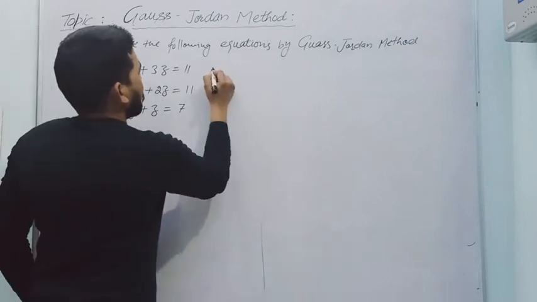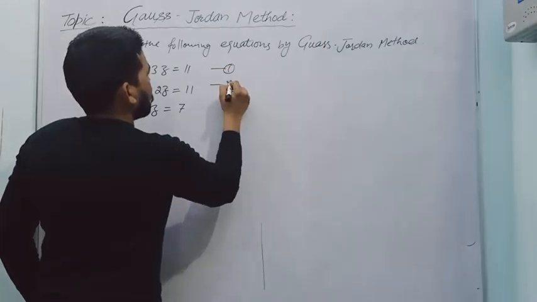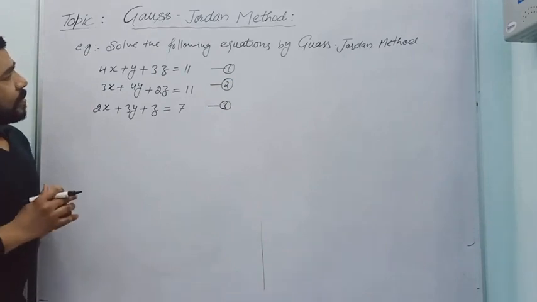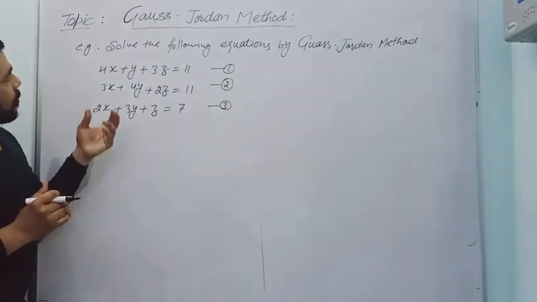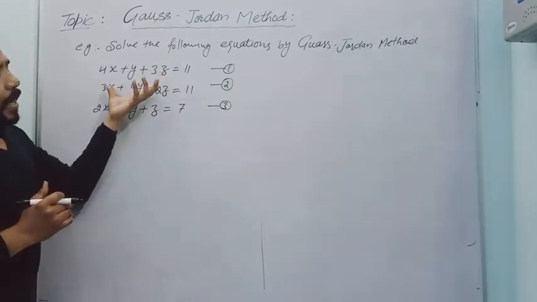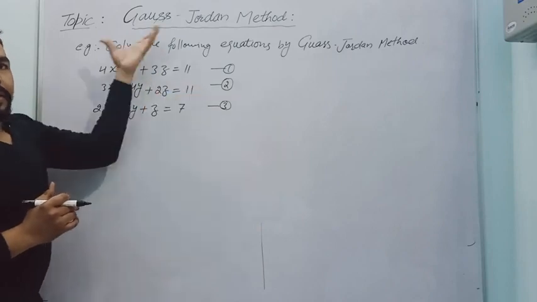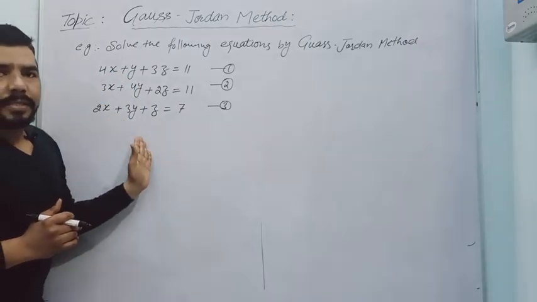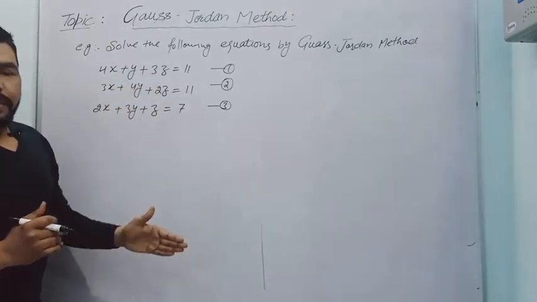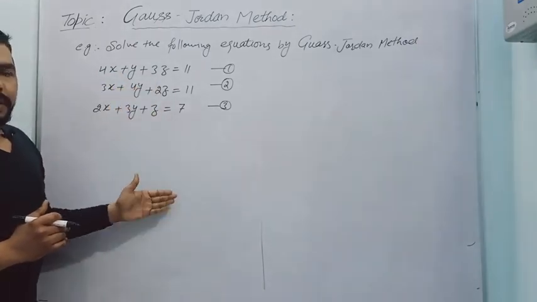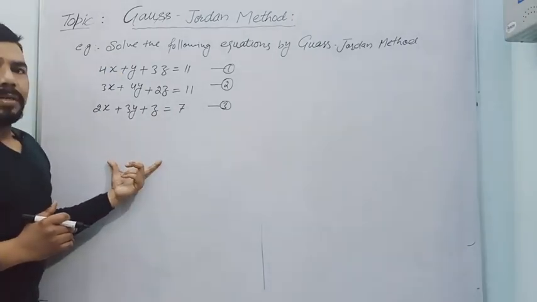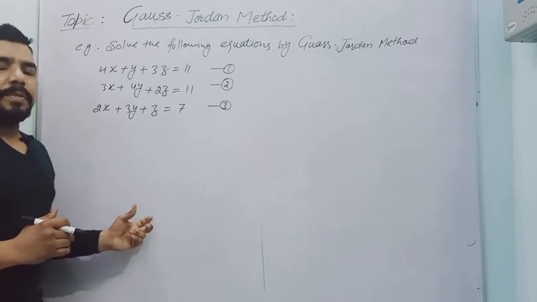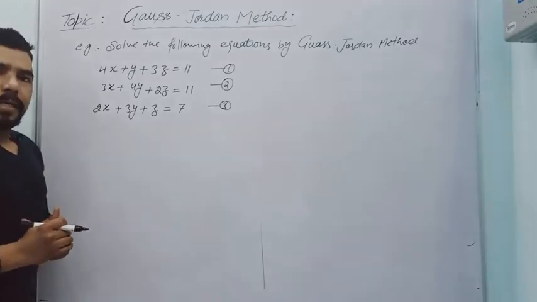I suppose that this system is equations number 1, 2 and 3. So what was the Gauss-Jordan method? Let me again recall. You have to do the elimination in such a way. इस मेथड में हमें अननोन्स को एलिमिनेट करना है, लेकिन इस तरीके से करना है कि जो आपका नया सिस्टम बनेगा एलिमिनेशन करने के बाद, वो सिस्टम को अगर मैं मैट्रिक्स फॉर्म में लिखूं तो वो मैट्रिक्स मेरी एक डायगोनल मैट्रिक्स बने. That means the coefficient matrix should become a diagonal matrix.